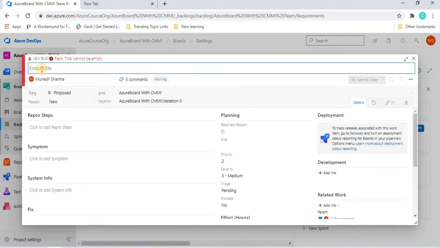Let's create a bug, and decide in which iteration we want to add it, and how and where we want to add it. And here we can see, for this CMMI process, what the repro steps are and what they mean: basically how the bug is reproduced,